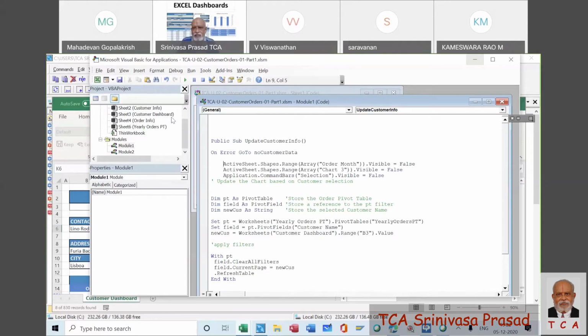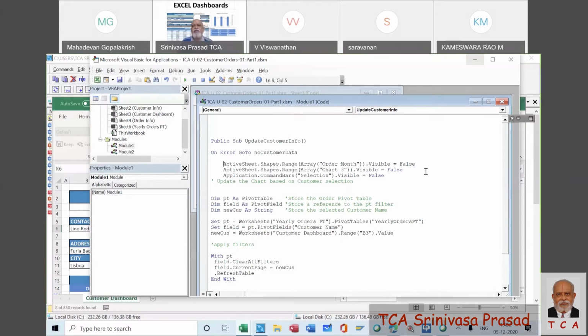Now what happens when I say visible is equal to false? That means the chart is not going to be visible. Please remember. You understand the English? Active sheet, shapes, range, array, chart 3 dot visible is equal to false means the chart will not be visible. Command bars, if I say it is not visible, then it will not be visible.